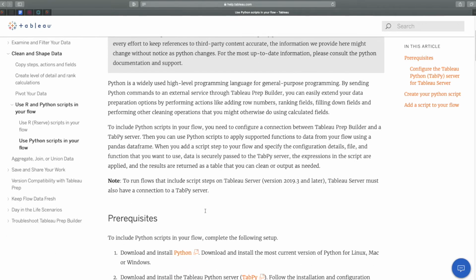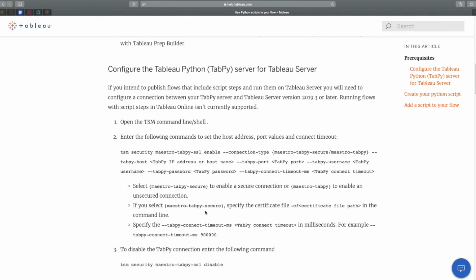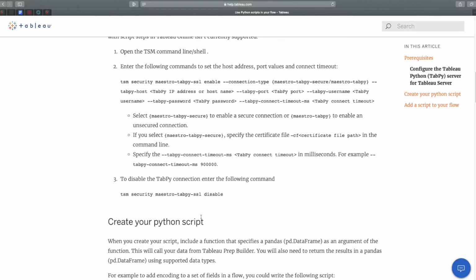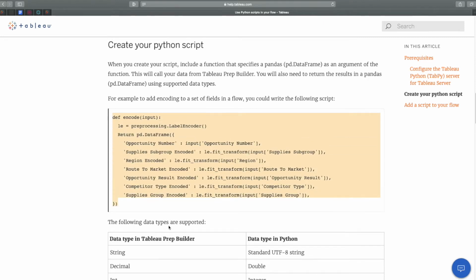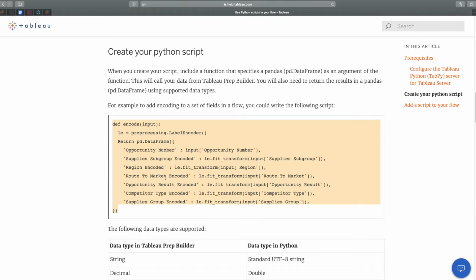how to set up the connection and how to configure your server to allow a TabPy connection. Now, what we are interested in today is how we can make use of the code that is provided on the site. My first advice would always be to check your code when copy pasting it from the internet, because during the process of having it copied to the website, some errors might have sneaked in. For example, this little Python code here, we're going to copy it